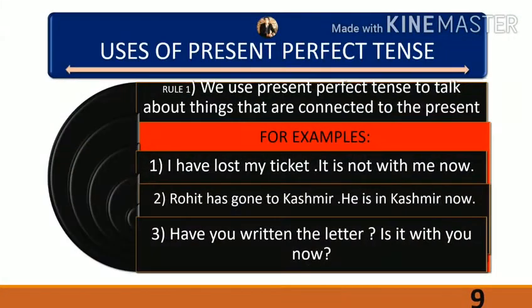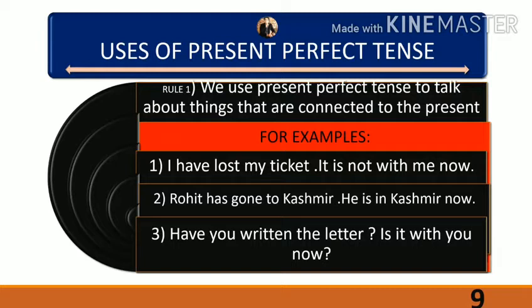Now students, that is the final part. That means the end part of our learning objective, that is the use of present perfect tense. When we talk about the word uses, it means it has some application: what, where, and when to make use of present perfect. That is very, very crucial.